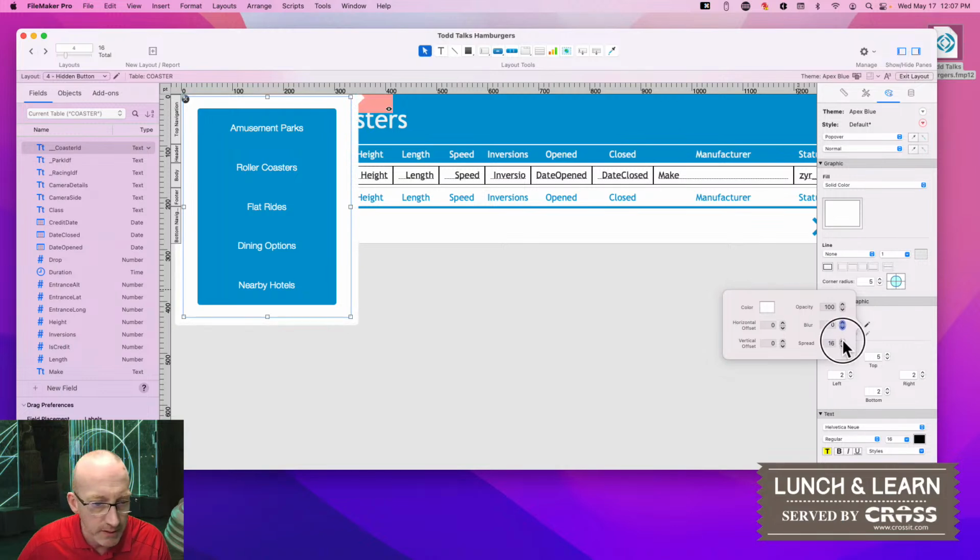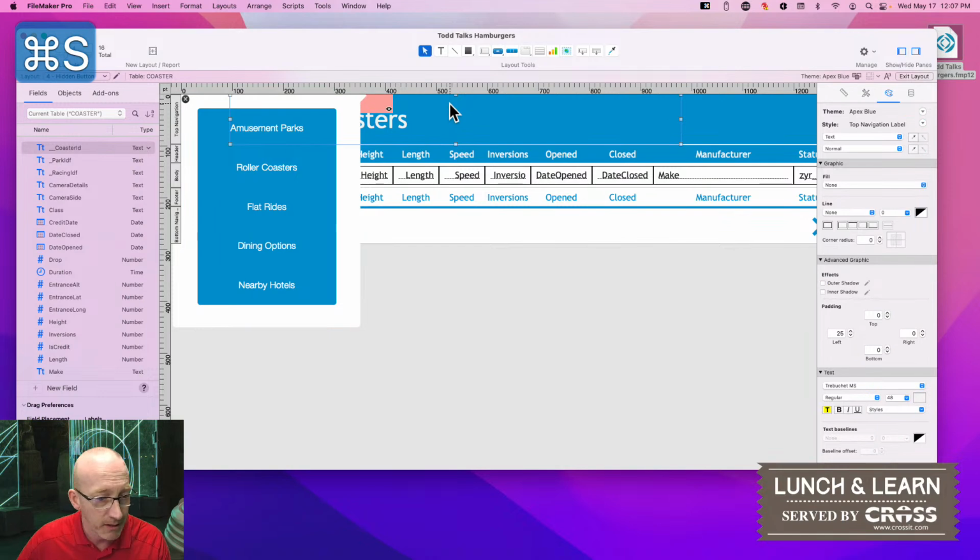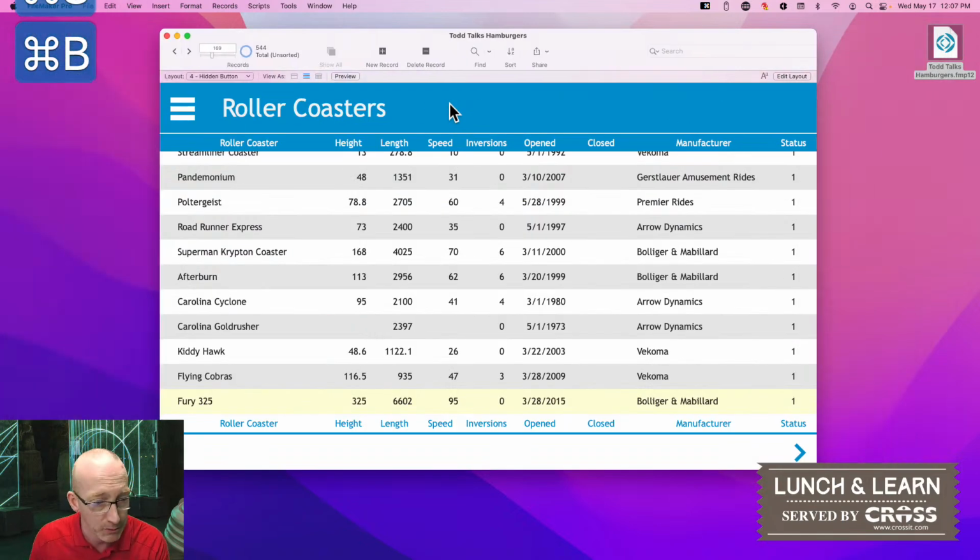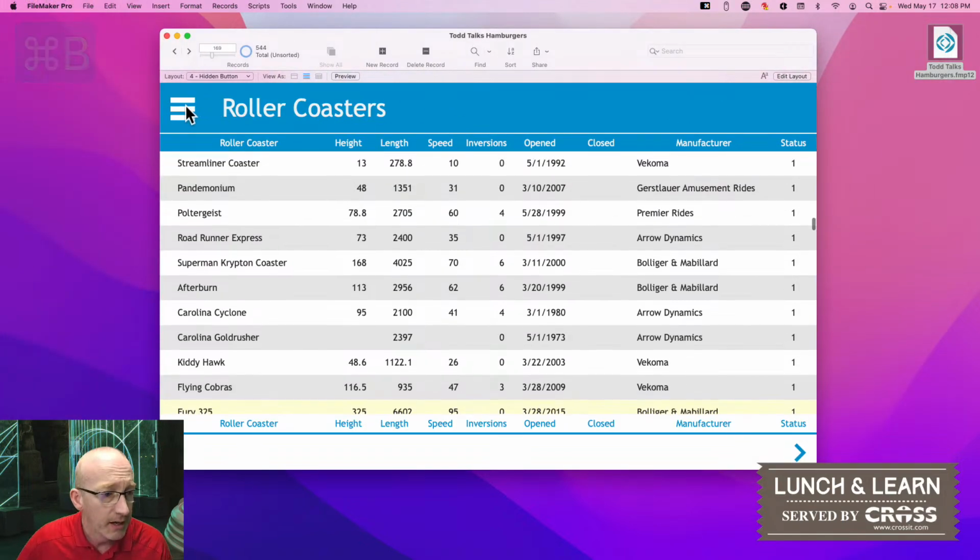And then now as I increase, you see we've filled in the gap, but it's still not, so if I want to, I can increase it the whole way up so that it completely takes that diamond shape off. But at least at this point, my border is actually extending beyond the limits of my layout. So now if I go ahead and save my layout, go back into browse mode, and now when I